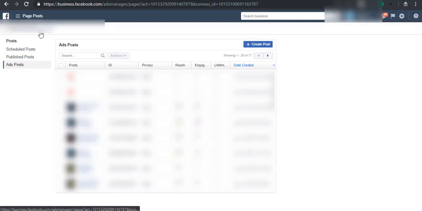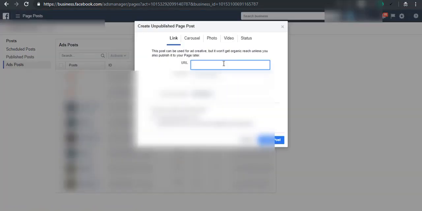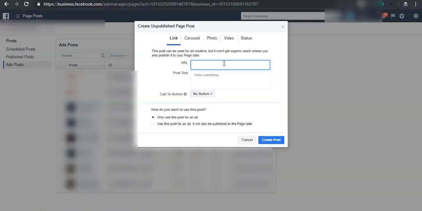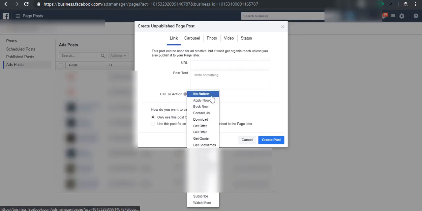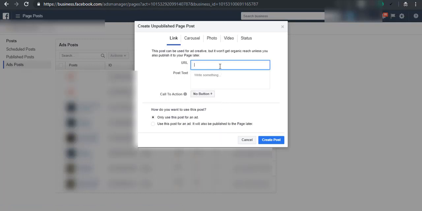Here you can select the page, click create post, give the URL of a product or whatsoever it is, give the post text that just appears on the top of the post, and the call to action. Here is the list. For example, if I create an exemplary one with indeflow.com, a website